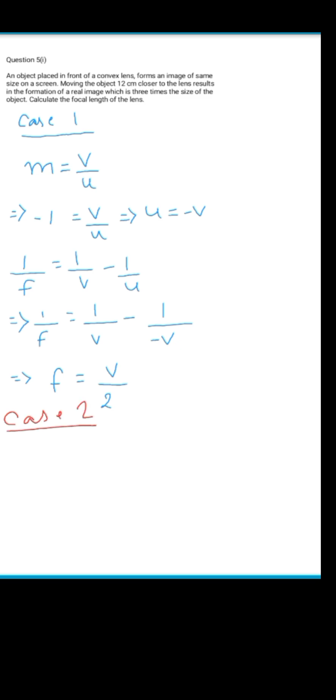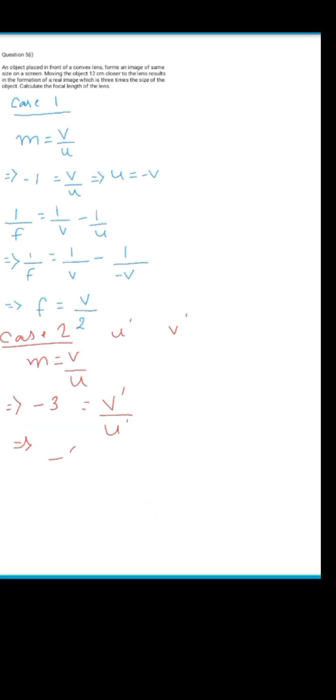In case 2, let us consider the object distance is u dash and the image distance is v dash. Now again, using the formula of magnification, it has been said that the image formed is thrice the size of the object. That means the magnification will be -3. Again, the minus sign represents that the image is formed in the inverted manner, or the image is a real image. So v dash by u dash. Now instead of u dash, we can write u dash as u plus 12, because it has been said that the object is moved 12 cm closer to the lens. So the new object distance becomes the old object distance plus 12. So now if I solve it,